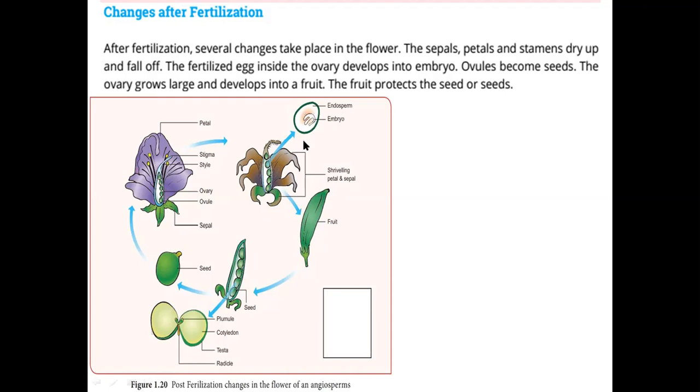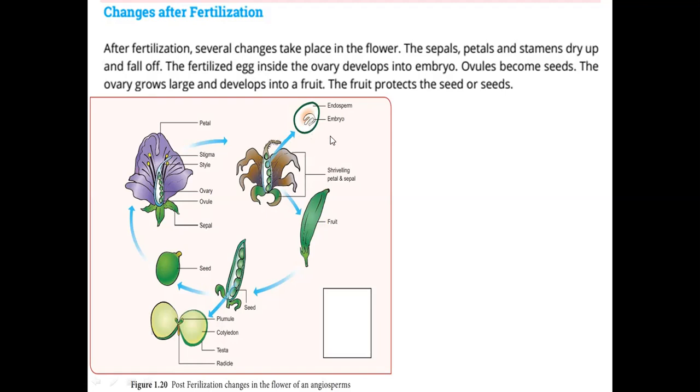In one ovule, that fertilized portion is called the embryo. The fertilized egg changes into the embryo, and the other part is called the endosperm, and